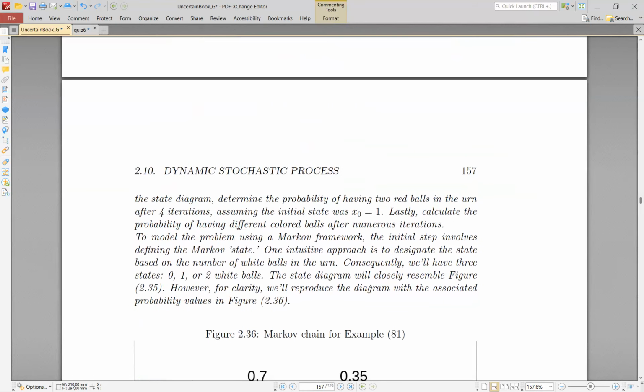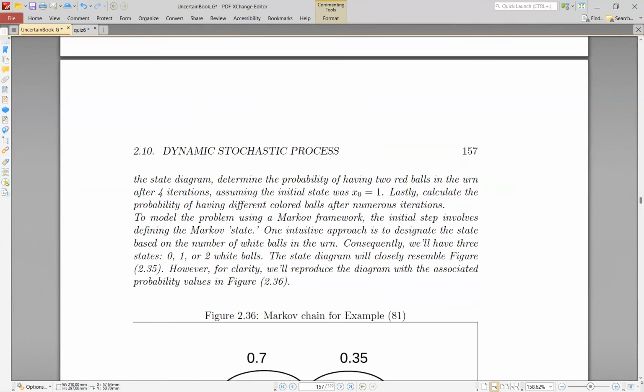Okay, so now we want to formulate or model this uncertainty problem. So we have uncertainty here, and we want to formulate this problem. Okay, so now how do we formulate the problem? They say here that